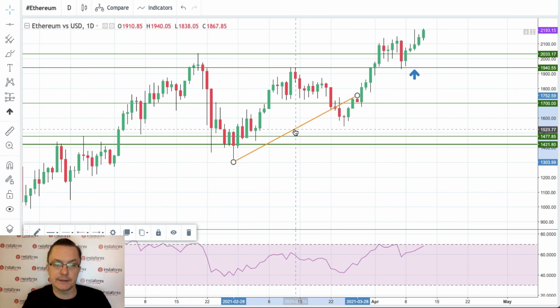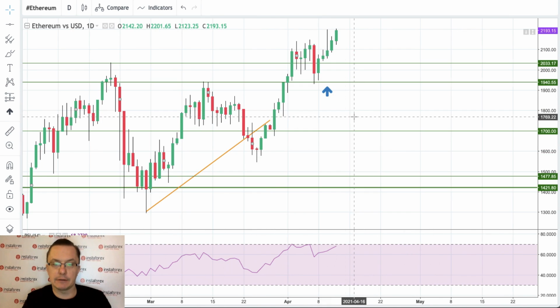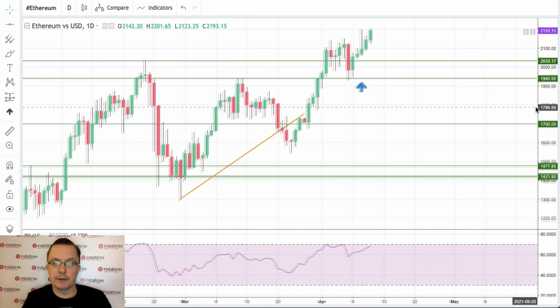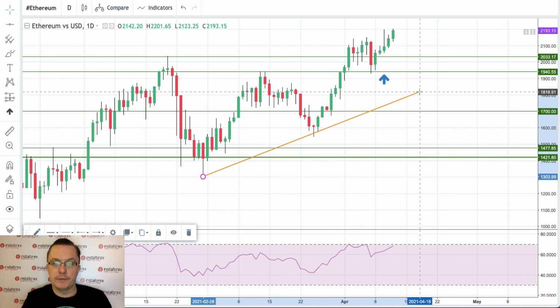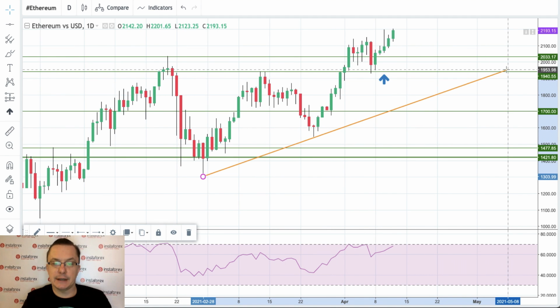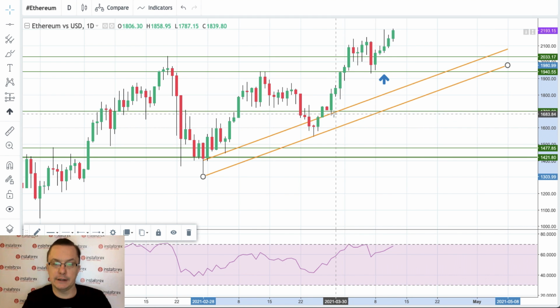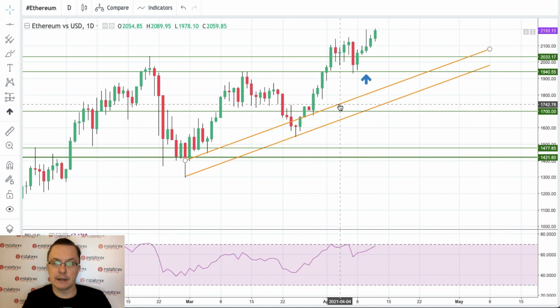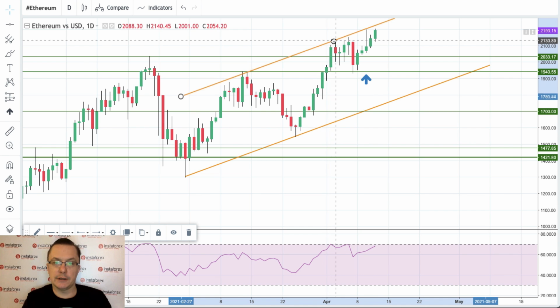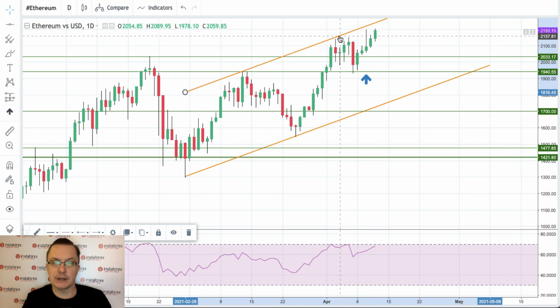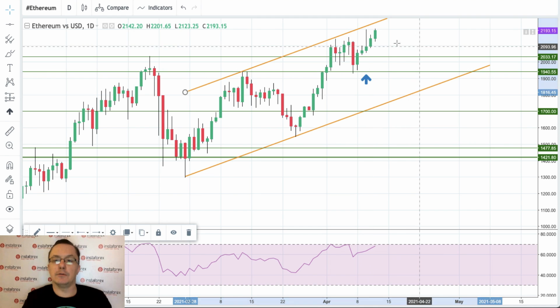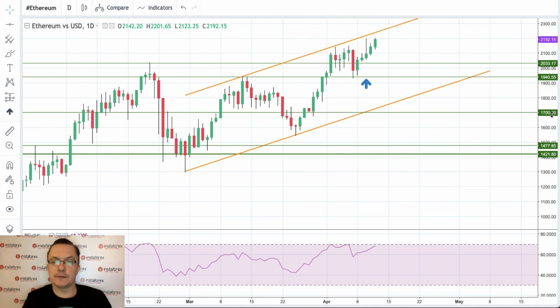Let's just move this trend line here to see how the market is developing with the newest data. As you can see, we might do the short-term trend line like that. Let's see if we can make some kind of a channel here. There you go. Market is respecting this channel. This is the high, this is the high as well. So the market is trading inside of the channel after the new all-time high had been made.